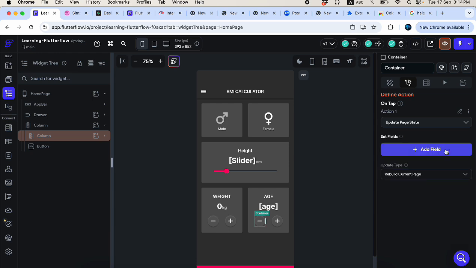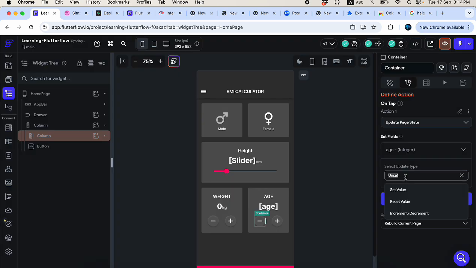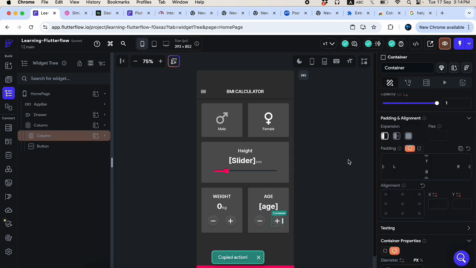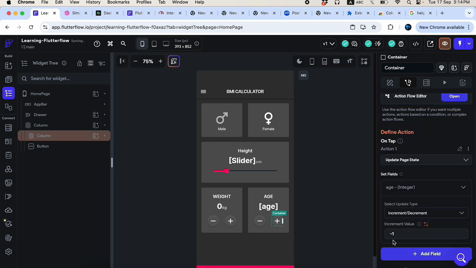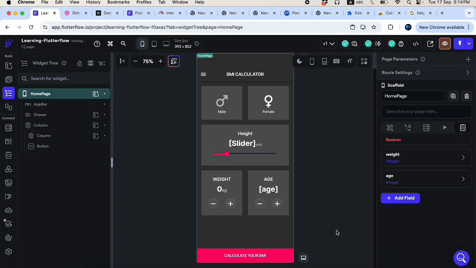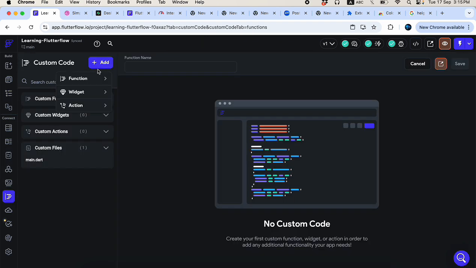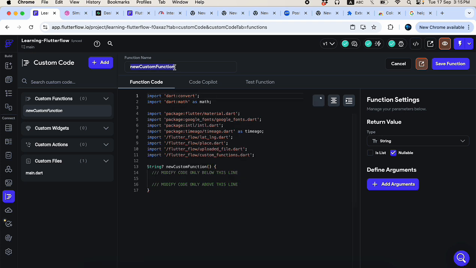But here we don't want to increment weight or decrement weight, we decrement age basically. Okay, so same thing, copy this thing and paste it here, remove the plus icon, it's done. So when you click on it, it will be working based upon the specific sizes. So what I can do is that I can shorten my time, and I can go and create a custom function for you, so that you will also be able to know how we can create a custom function. BMI calculator,